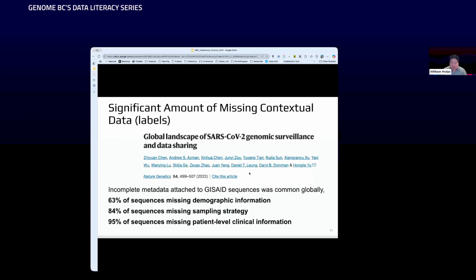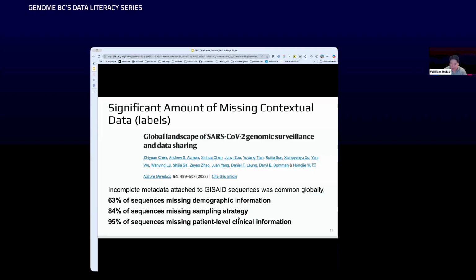And also, if you look at these public repositories, there is a significant amount of missing contextual data, in other words, information about these sequences. So this study highlighted that in the GISAID databases, 63% of the sequences are missing demographic information, in other words, information about the host. And 84% of the sequences miss the sampling strategy,